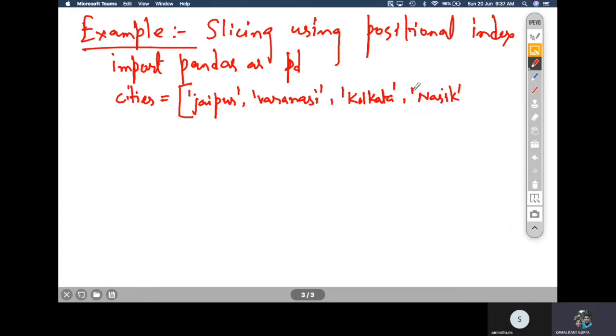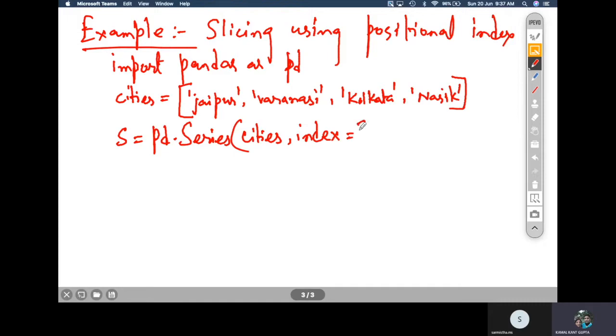And then we can have a series like S is equal to pd.Series, and here we can pass cities.